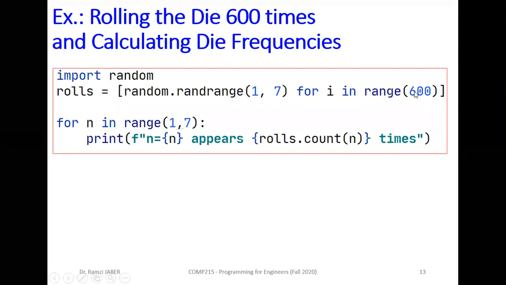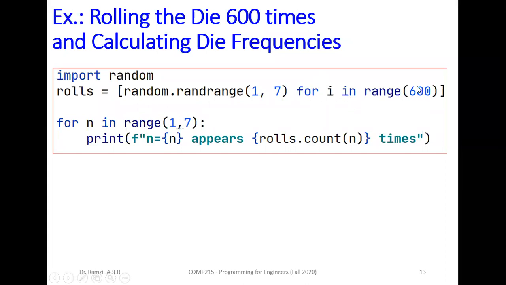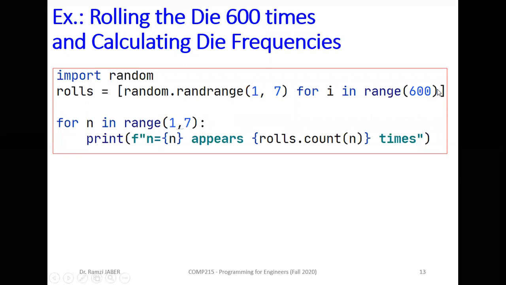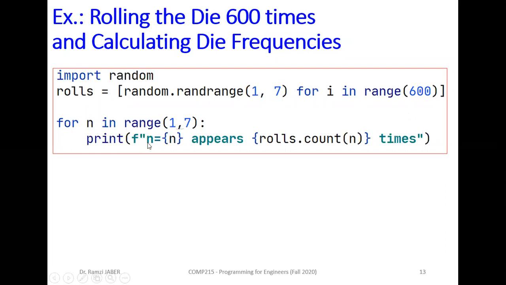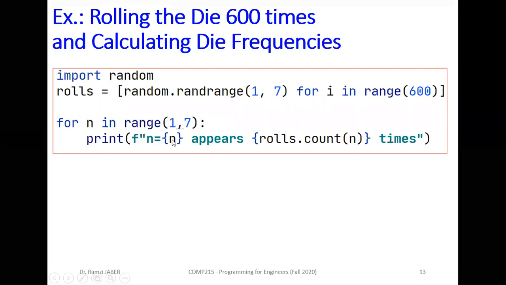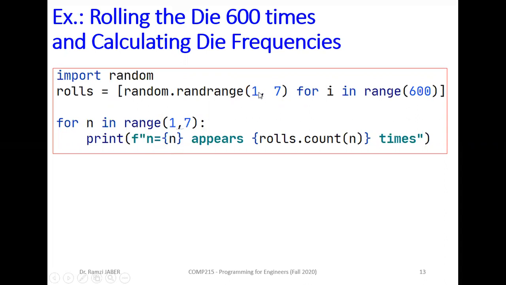So we roll the die 600 times, which gives us 600 numbers, each from 1 to 6. So rolls will contain 600 elements, each from 1 to 6. We want to print them, so another for loop: for n in range 1 to 7, colon, print f, n appears,